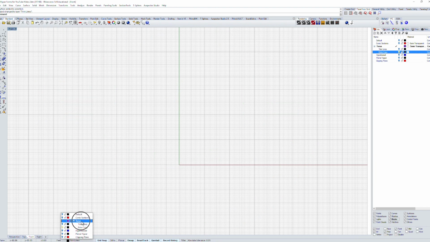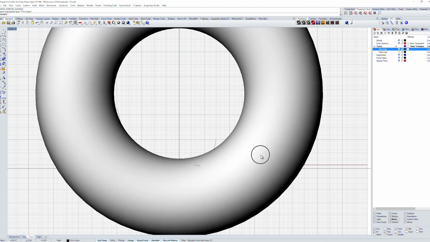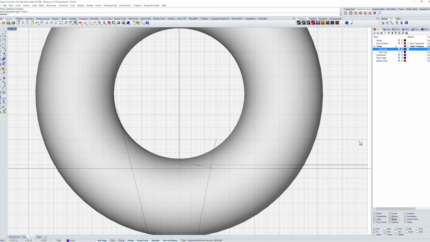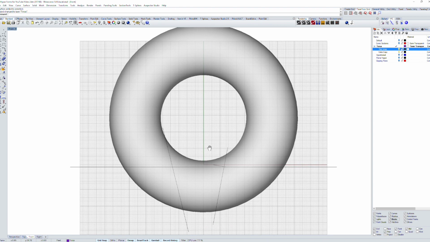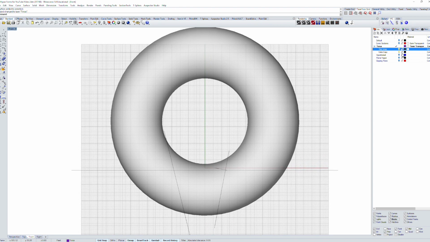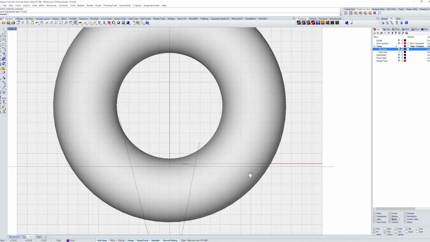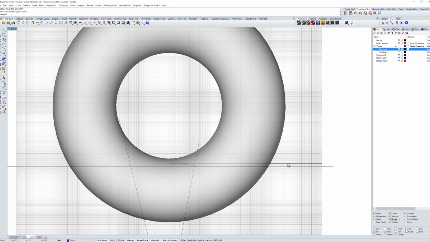Go onto the torus. Okay, the reason I did that is because I have this set with a transparent material. Now, I've turned on this layer here called Trim Lines, and I'm going to use that to carve up the torus again. So I'll start with the bottom line,